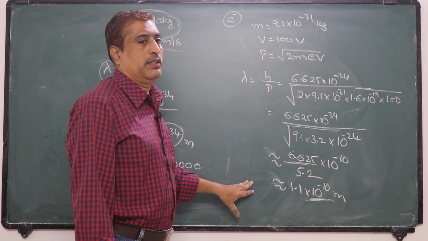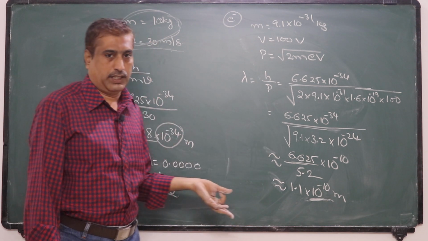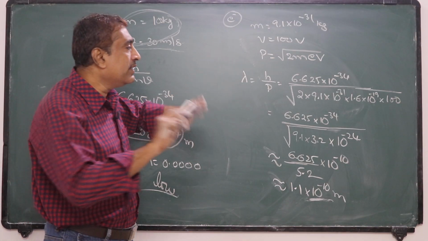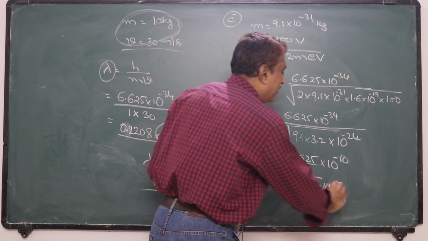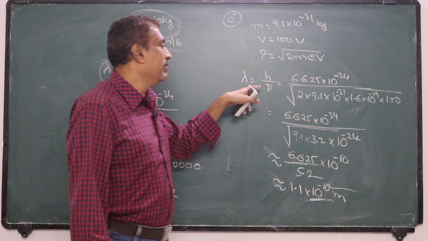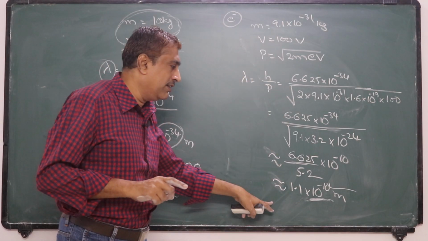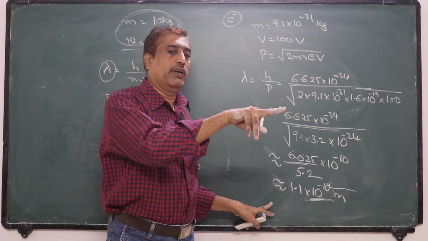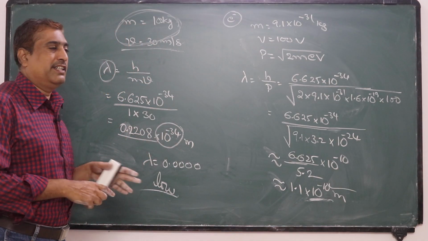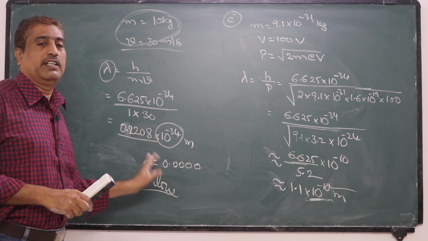So not only the electron, the microscopic or atomic particles like electrons, protons, neutrons, alpha particles, all these are lighter particles. The wavelength associated with them will be comparable with the size of the particles. So in those cases, they exhibit wave nature. Suppose we are considering an electron: it can be treated as a wave rather than a particle. But in the case of the ball, we can't consider it as a wave because its wavelength is a lower value, insignificant in this case.